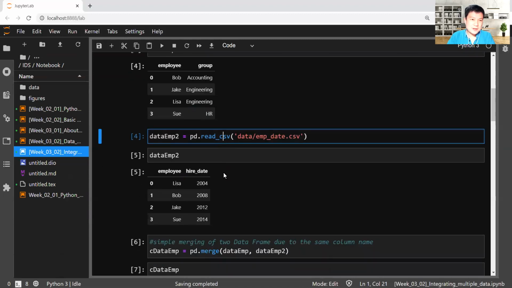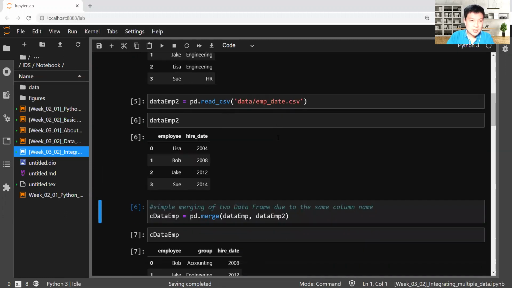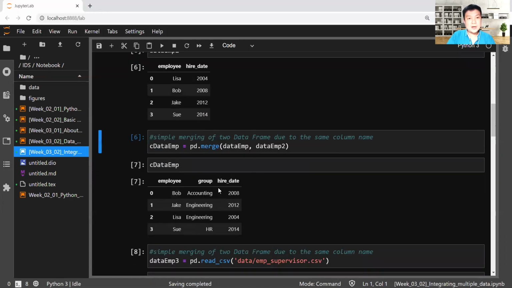Then I have the second data, employee, where I want to know the hiring date. In this hiring date data, Lisa was hired in 2004, Bob was hired in 2008, Jake was hired in 2012, and Sue was hired in 2014. Now, I would like to merge those. If you see the merge,